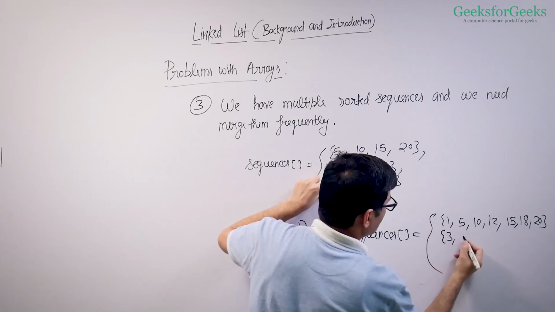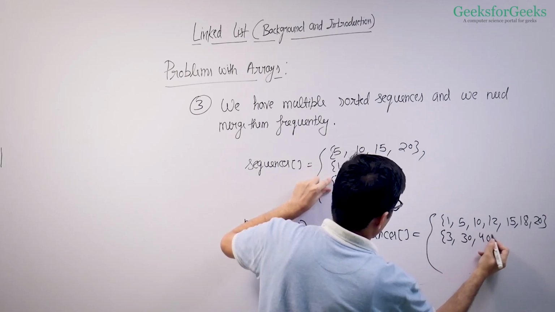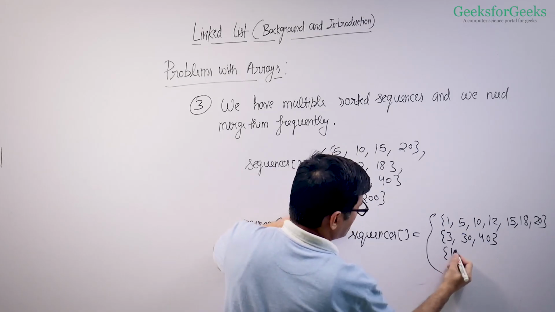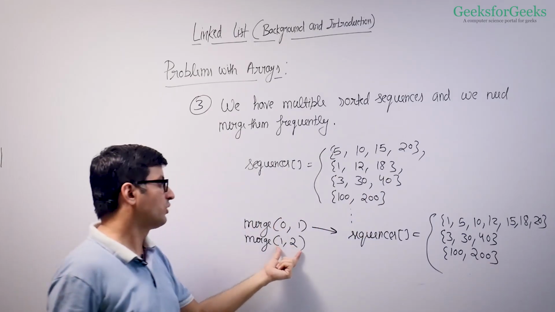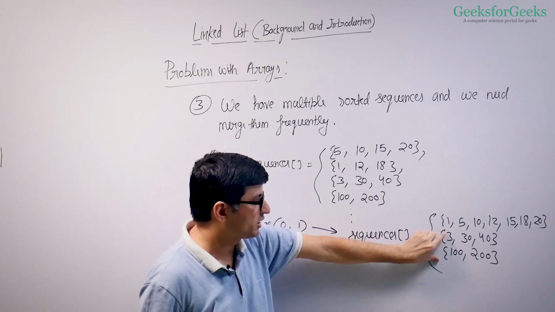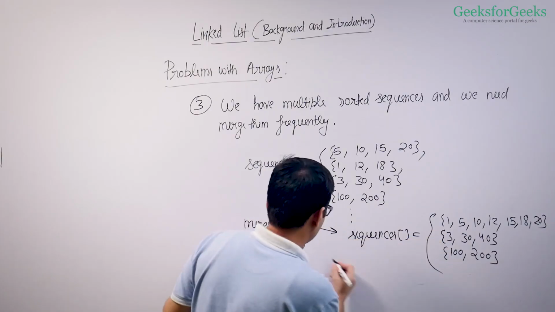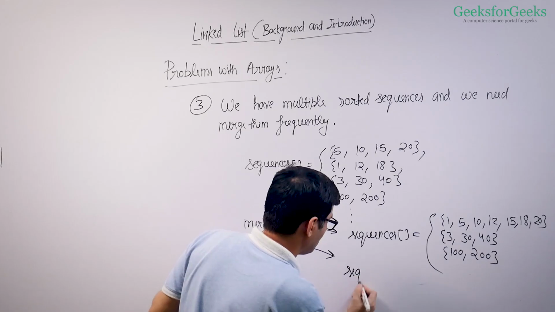Then we have the next sequence. Now we say merge 1 and 2. So these two sequences should be merged, and our modified sequence after this should be